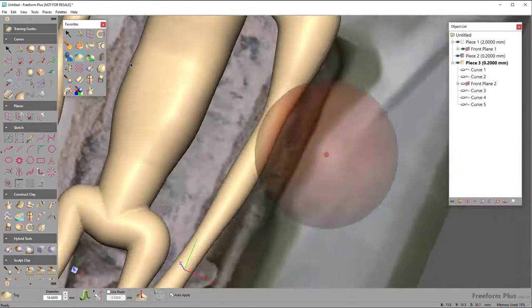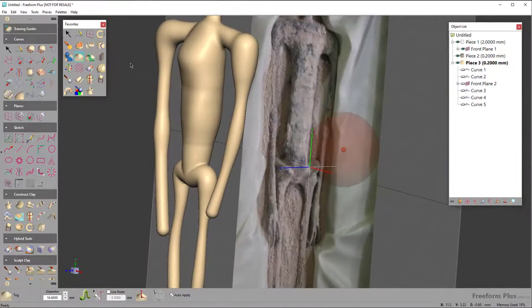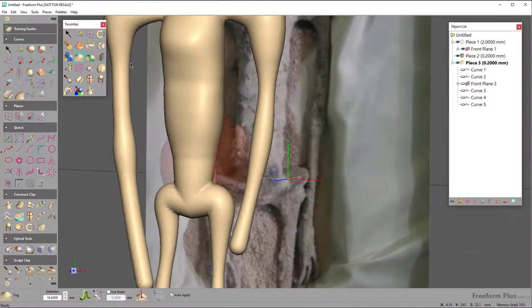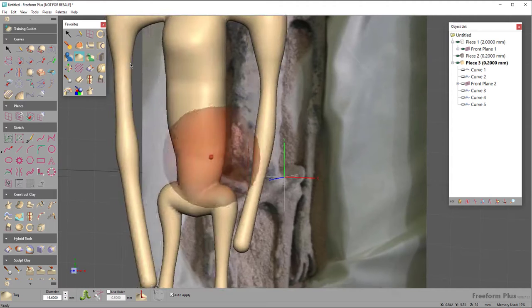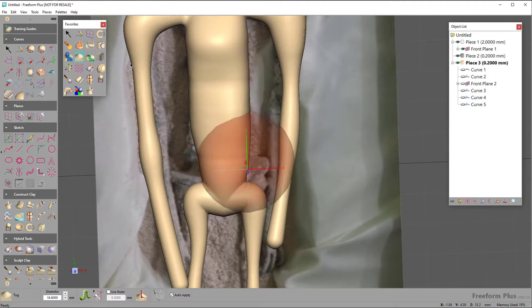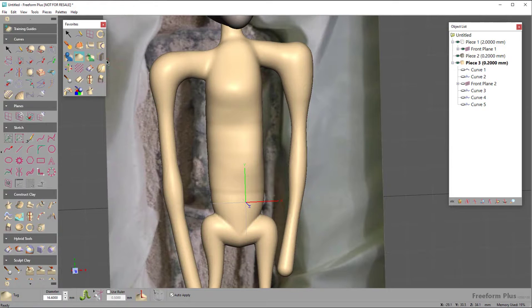Just give it a little more crazy shape to it. And then always make sure to be looking back at your reference images, you know, because as I look here, you can see here, give it a little more width there. And then